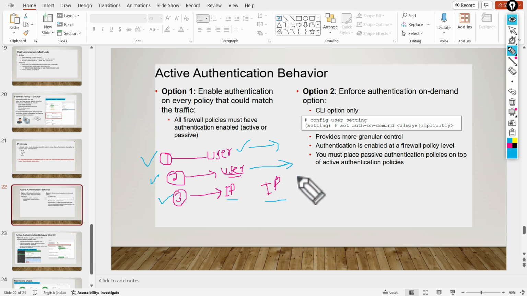In this case we have not defined the user identity. So the firewall policy ID 3 will match the communication and allow the traffic if all other fields match, meaning the source IP and the destination IP. If source and destination match, then this connection will be allowed or denied based on the action. So the idea is, if the user is not authenticated in the first two policies, the third policy we have created to catch all traffic.